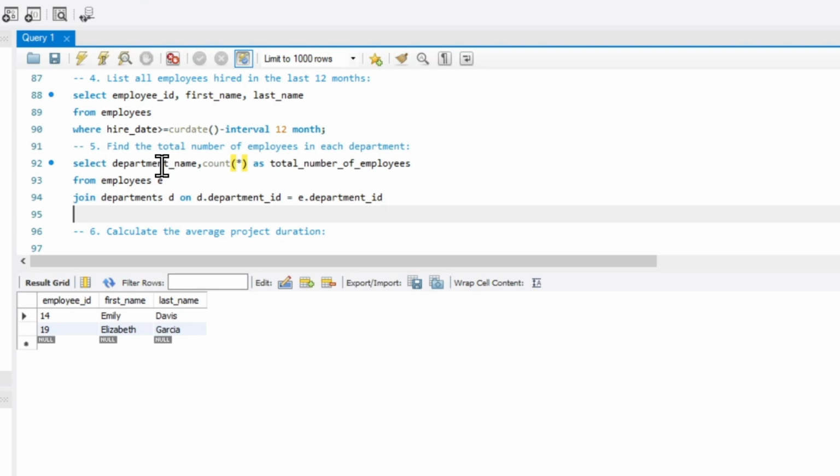Okay, D dot department ID and E dot department ID. Where, sorry, here we need to apply group by, because